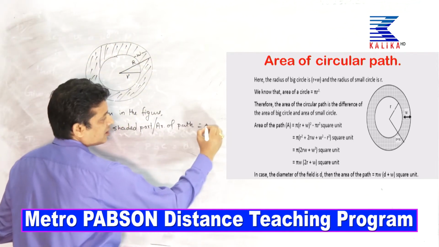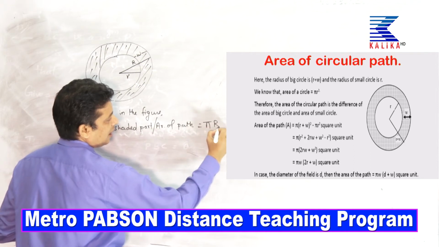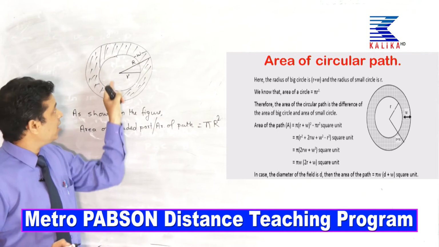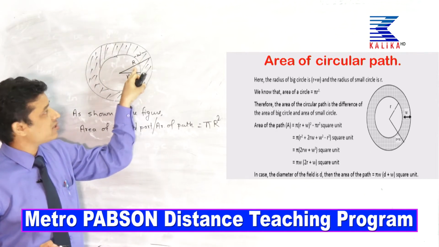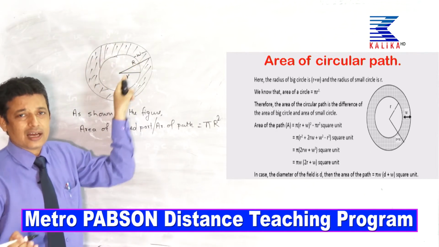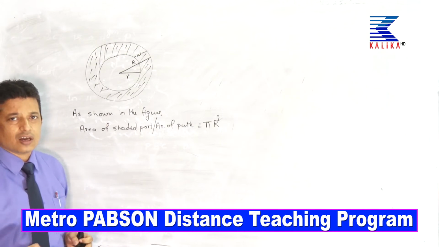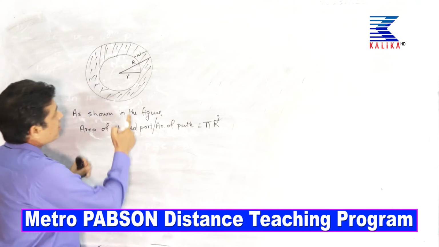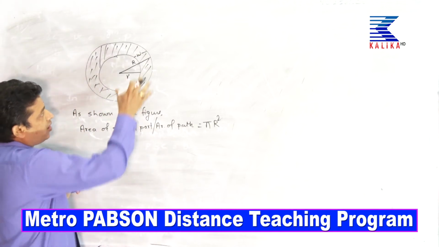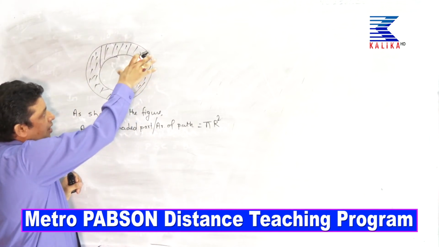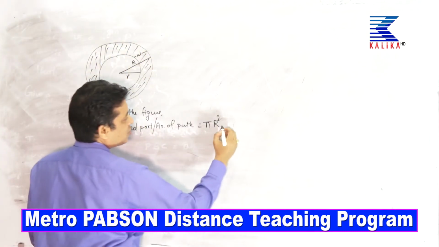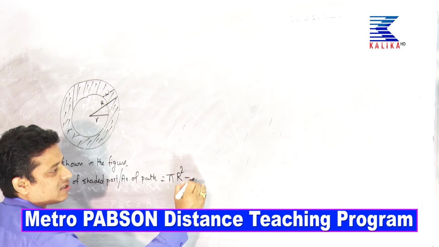So, area of great circle is pi capital R square. It is because we have supposed this radius as capital R. Capital R represents the radius of great circle, and to find area of this shaded portion, pi R square will give us area of this whole part, and then we subtract area of internal circle,